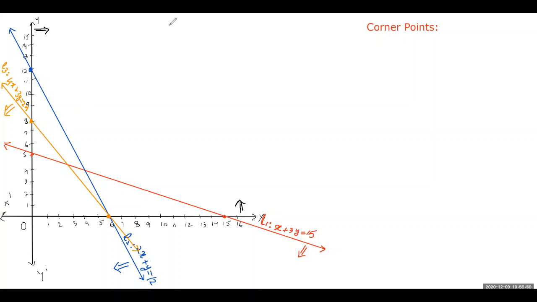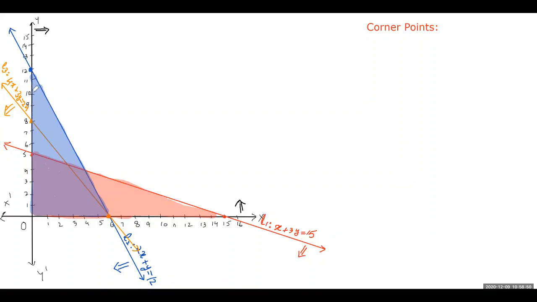Now let's do all the shading. First of all, I'm going to shade the solution region of L1. Here it is. Here you can see it is the solution region of the red line, that is our first line L1. And then we go for the second inequality, with the line L2, which is in blue color. So I'm going to shade the solution region of this inequality with the blue color, and this will be our shaded region. Let's try it.